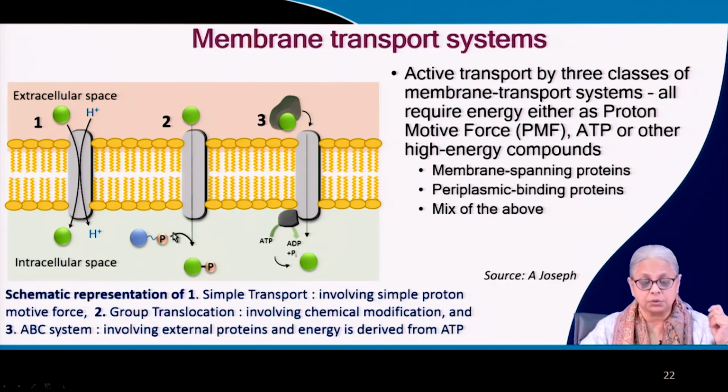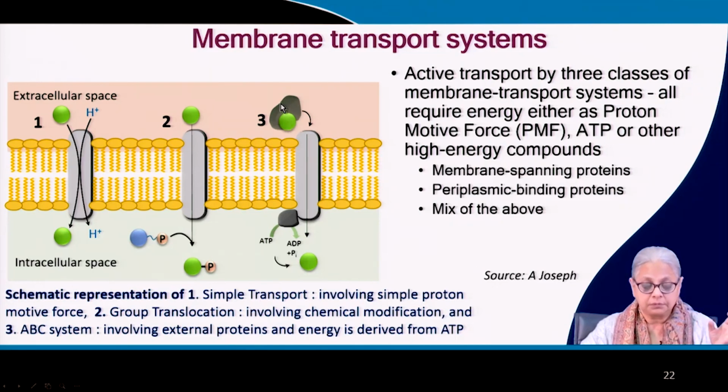So that's group translocation. And then the final one is the ABC system. The ABC system is short for ATP binding cassette. It involves external proteins. So there is an external protein here. It binds to the substrate that needs to be brought in, but the entire complex does not come into the cell,